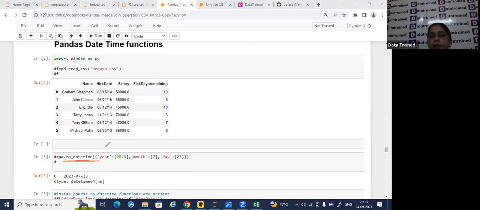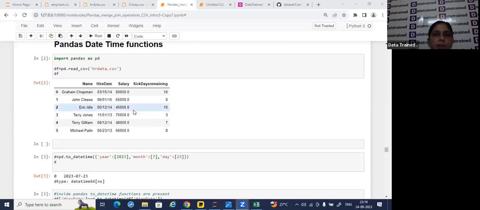where we can pass the parameters such as year, month, and day. Here I can pass any year, any month, and any day values. Values I need to pass here. Got the point here? So here it is showing me the pandas.to_datetime functionality. This one is built-in functionality inside pandas. Okay. So here we can set the values for year, month, and day inside the to_datetime functionality